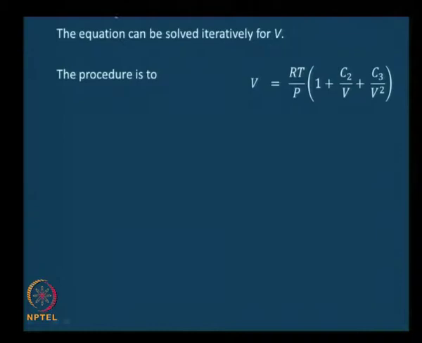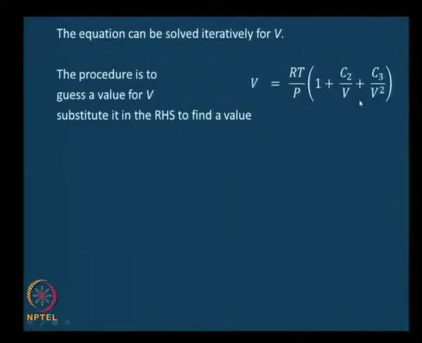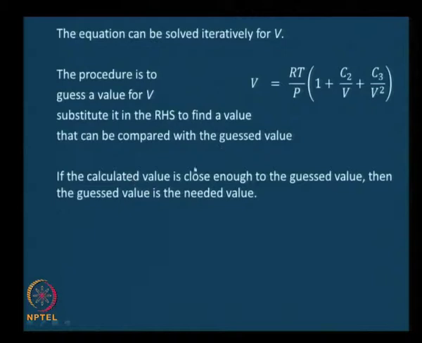So we said that the procedure was to guess a value for V and substitute it into the right hand side and find the value of the right hand side, and this can be compared with the guessed value. One way of comparing is to take the difference between the calculated value and the guessed value, and if the calculated value on the right hand side is close enough to the guessed value, then the guessed value is the needed value. And we said close enough, you need to be a little careful,